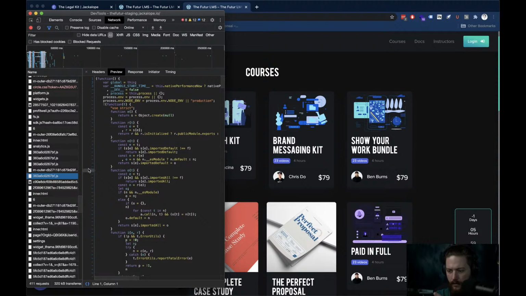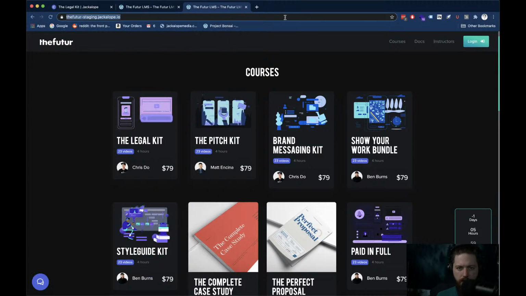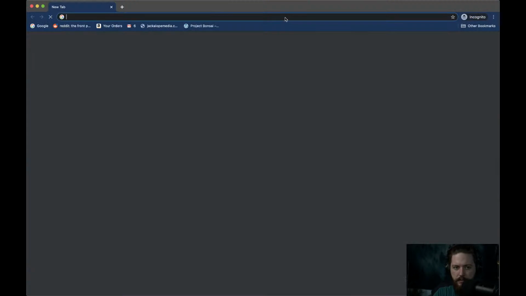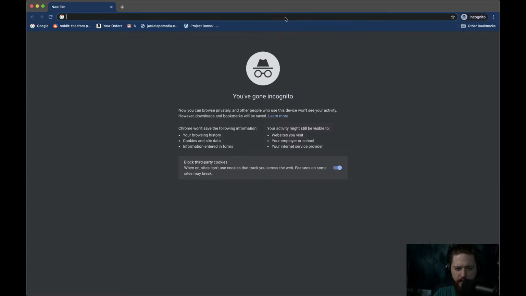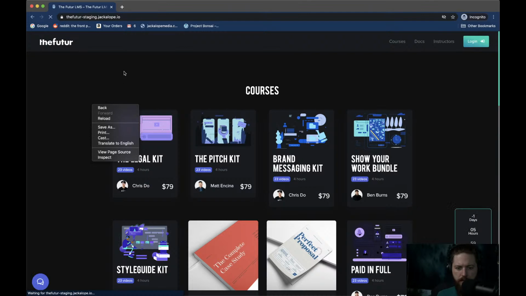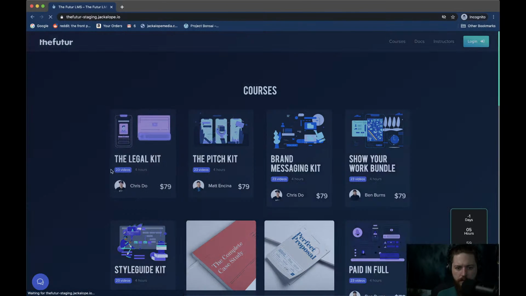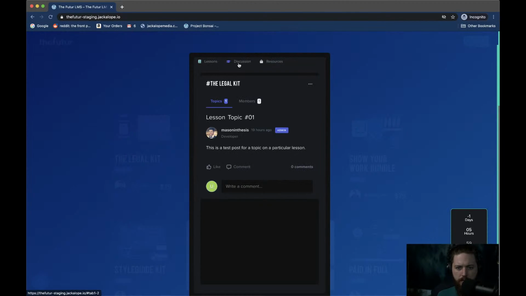Huh. I'm going to test it in incognito to make sure that's not coming from some weird plugin. Yeah, that's all loaded up, so